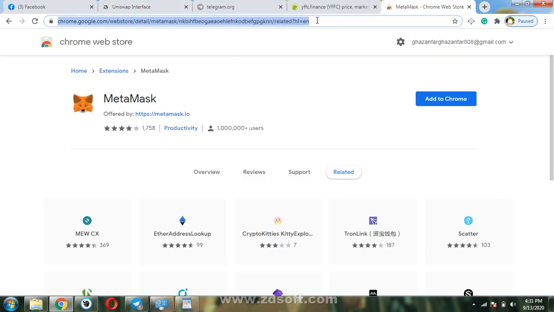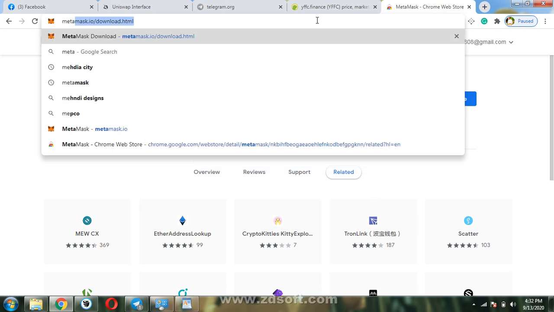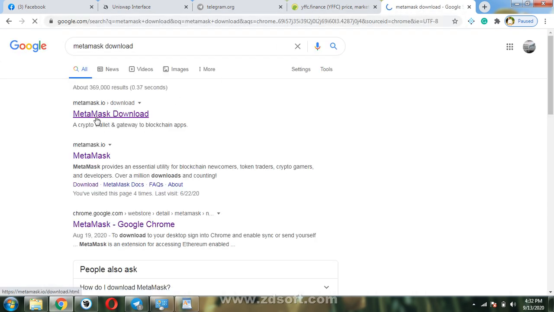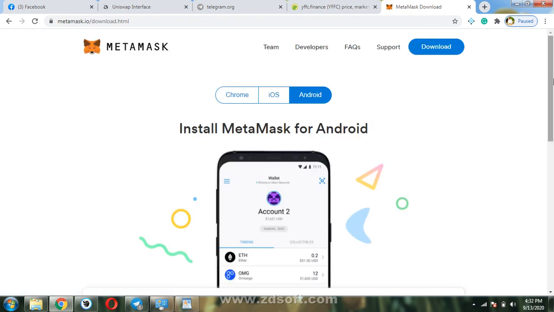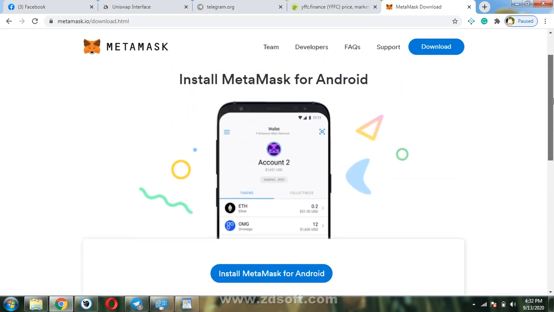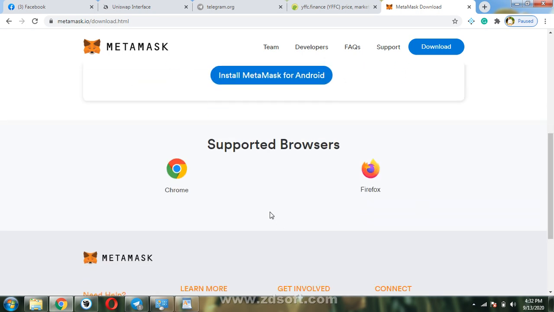You have to just start with typing MetaMask, download MetaMask. Click on this link, and if you have a PC or an Apple laptop, you have two options, so you can download either of these.